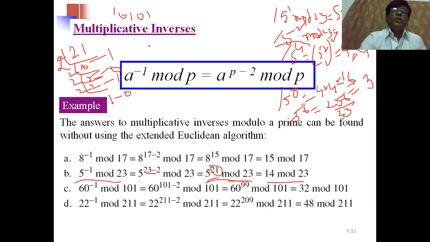Now substitute the 5 power 1 value here, in this place. 5 square value into 0, that means 0. 5 to the power of 4 value here. 5 to the power of 8 into 0 here. 5 power 16 here. So you have to use the 5 power 1 value, which is 5. Now 5 to the power of 4 value is 4. Now 5 to the power of 16 value is 3. So its answer is